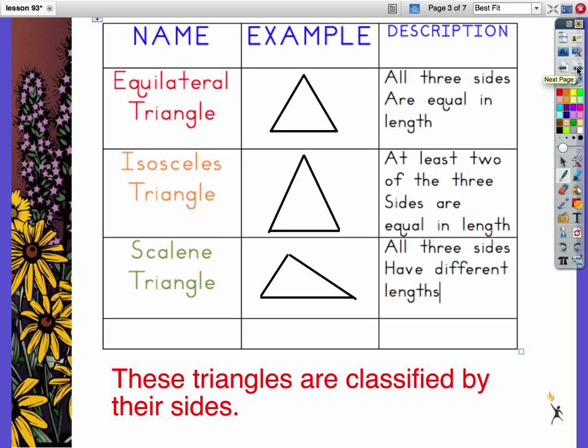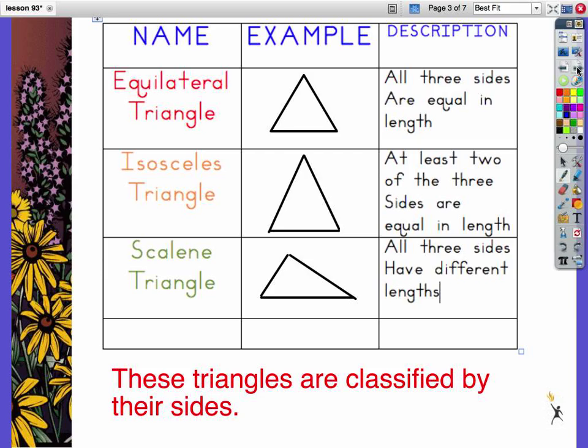Here we're going to classify them by their sides. If all three sides are equal, they're going to be called equilateral triangles. Equal, equilateral, makes sense. If at least two of the three sides are equal in length, it's going to be an isosceles triangle. With that definition, is an equilateral triangle an isosceles triangle? It should be, because it says at least two of the three sides are equal in length. We should still classify it as an equilateral triangle, but that's kind of foreshadowing some of your questions you